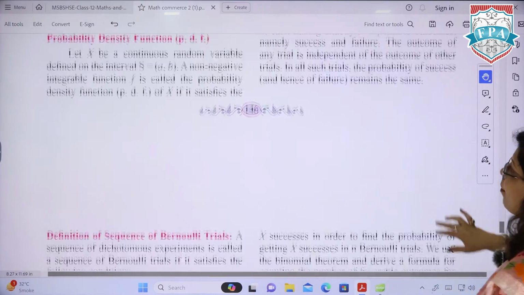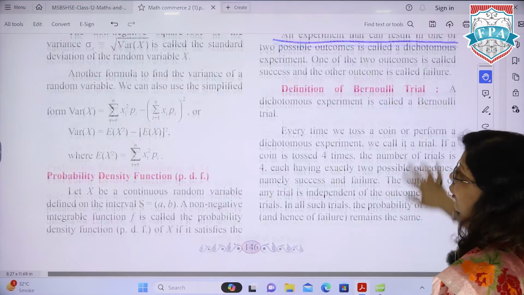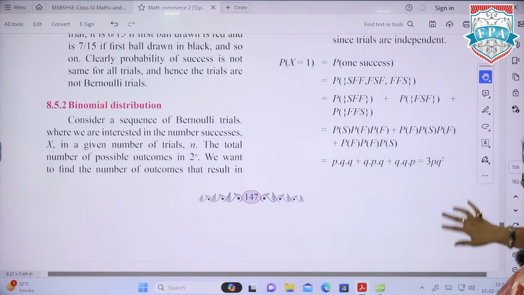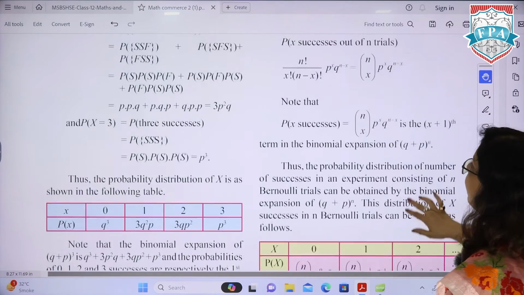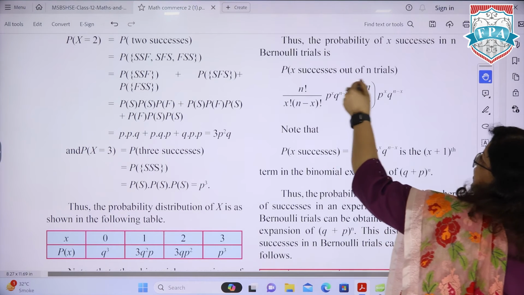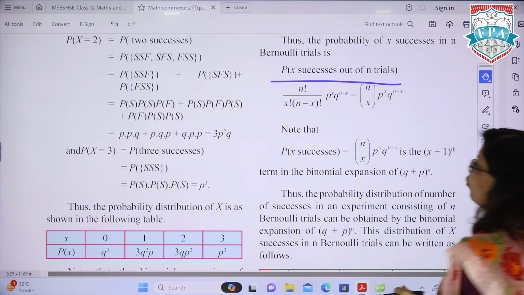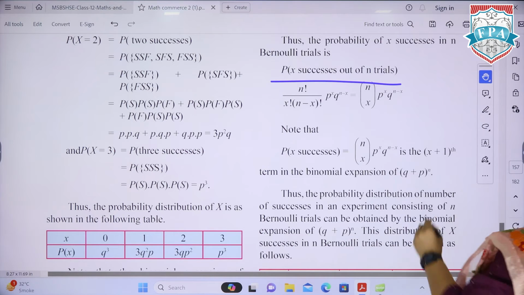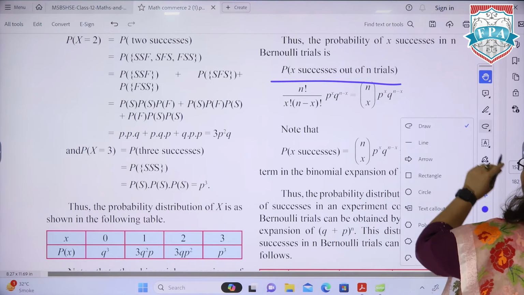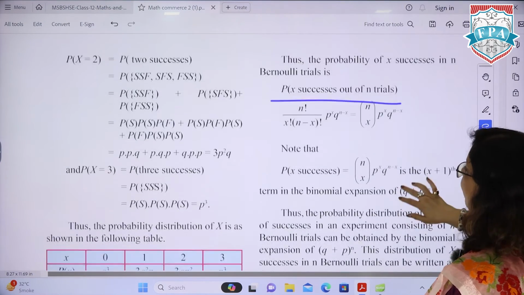And we have a fixed formula for the binomial distribution: the probability of a particular thing to happen, for success or for failure, is x successes out of n trials. When we are talking about x successes out of n trials, the probability of x successes is nCx. Now, what is nCx over here? When we calculate it, it is